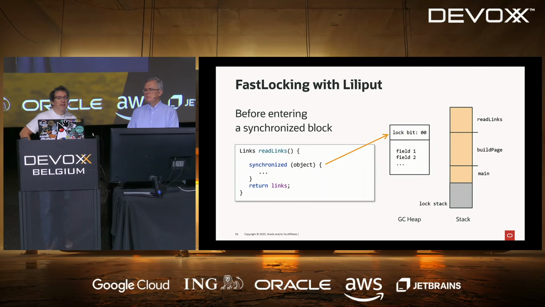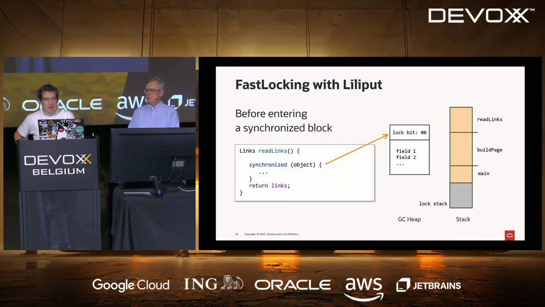So basically, the way synchronized works has to be changed. And there is something which is, in terms of engineering, all the enter-a-synchronized and exit-a-synchronized operations are written in assembly code to be fast. So all the code on all the platforms has to be changed to have a new way to manage the synchronized block.